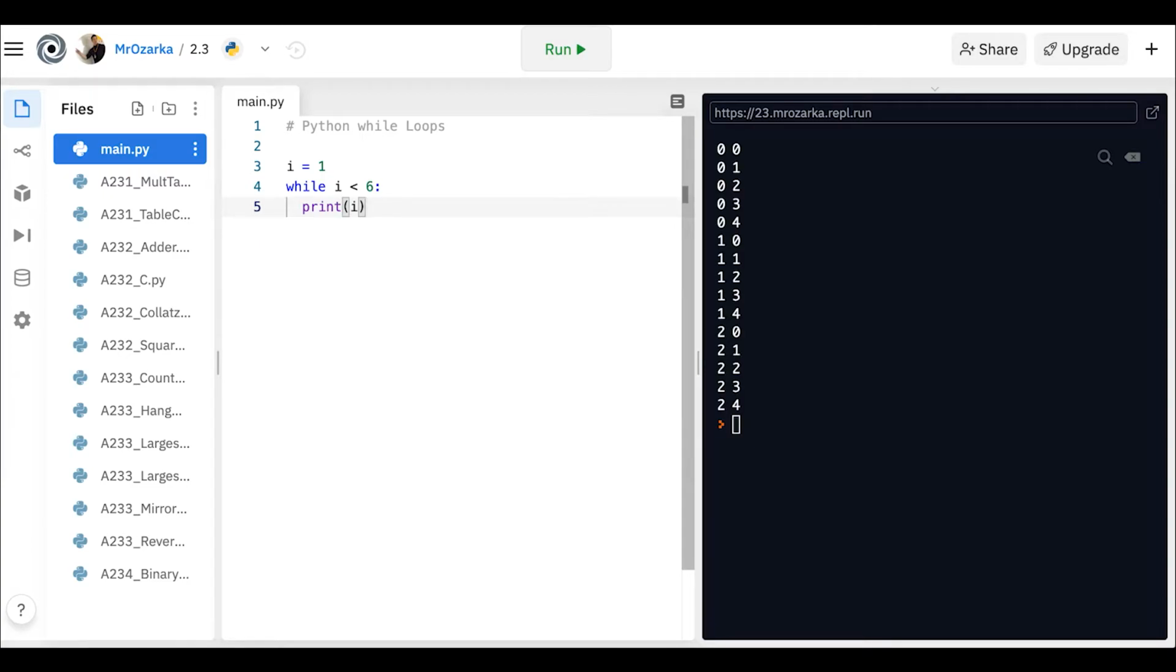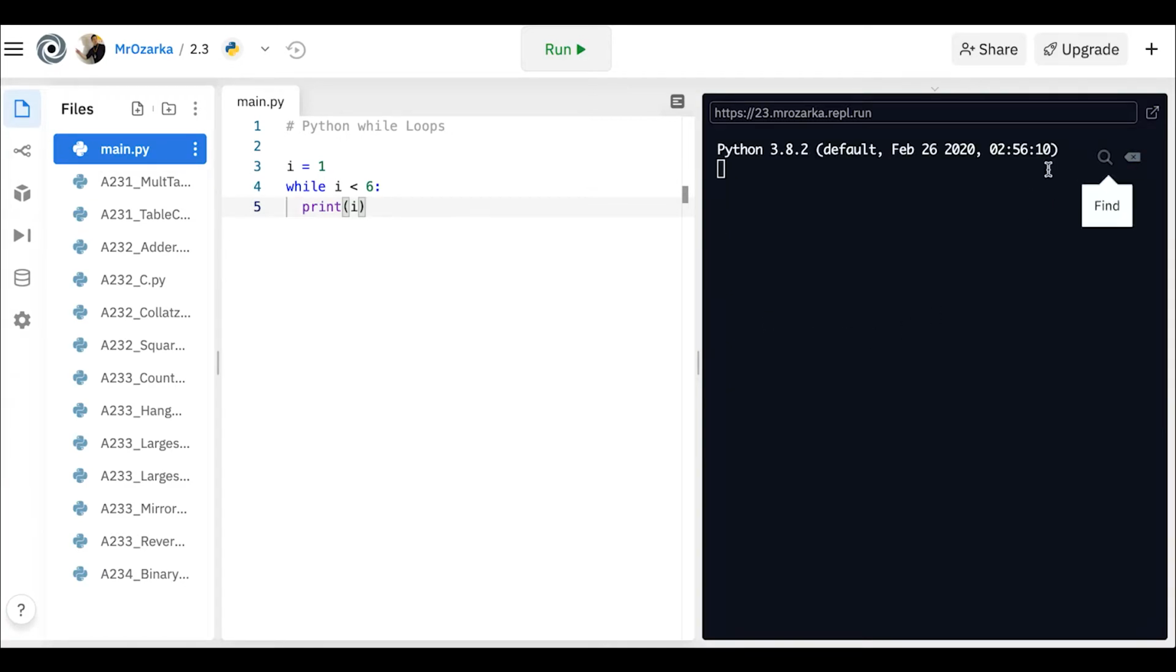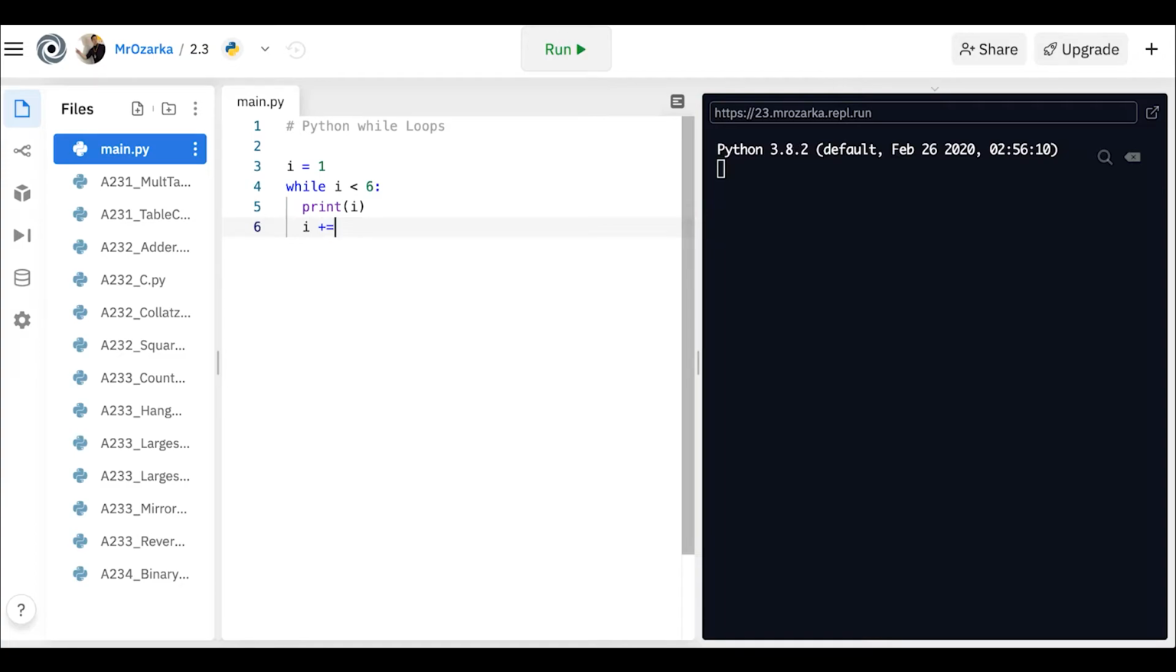So check this out. If I run this, you'll notice it's just printing out 1 infinitely. I'm going to have to stop this here because it's just going to run forever. This is what's called an infinite loop. It's just a bunch of 1s. I'm going to clear this out. You need to somehow increment i or change i to a value where it could actually potentially close that while